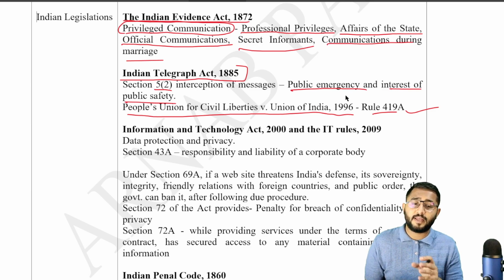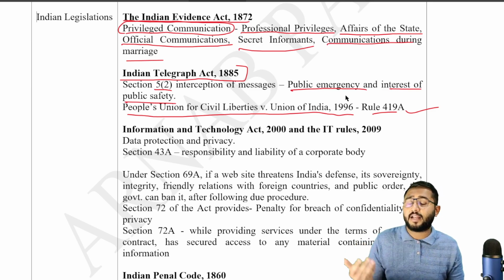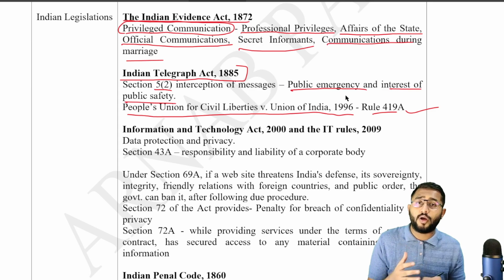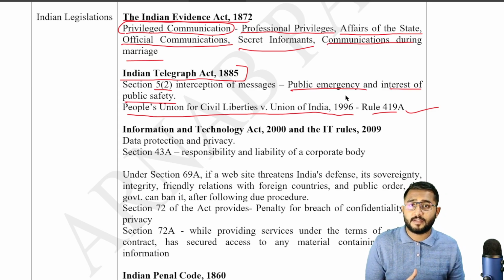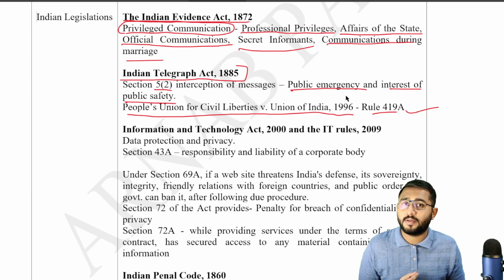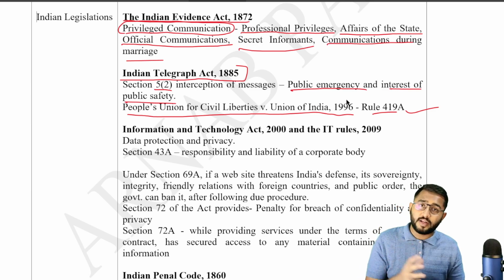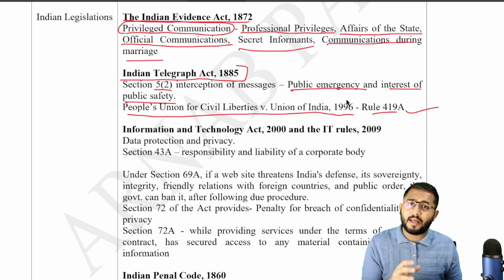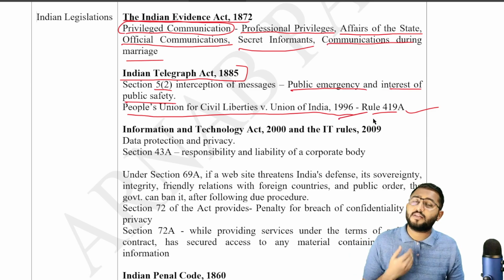A public safety or public interest तो India Telegraph Act ने define किया नहीं था. So the court went ahead and interpreted it in a way that said that anything that threatens the integrity and sovereignty of India, that threatens the state, that threatens public order, that threatens the friendly relations with foreign states, and might go ahead and incite criminal acts or violence, these can be considered public emergency and interest of public safety. Then and only then can someone's phone be tapped, right? So the Indian Telegraph Act already put forward a check and balance system, which was again enhanced in 1996 by the Supreme Court.